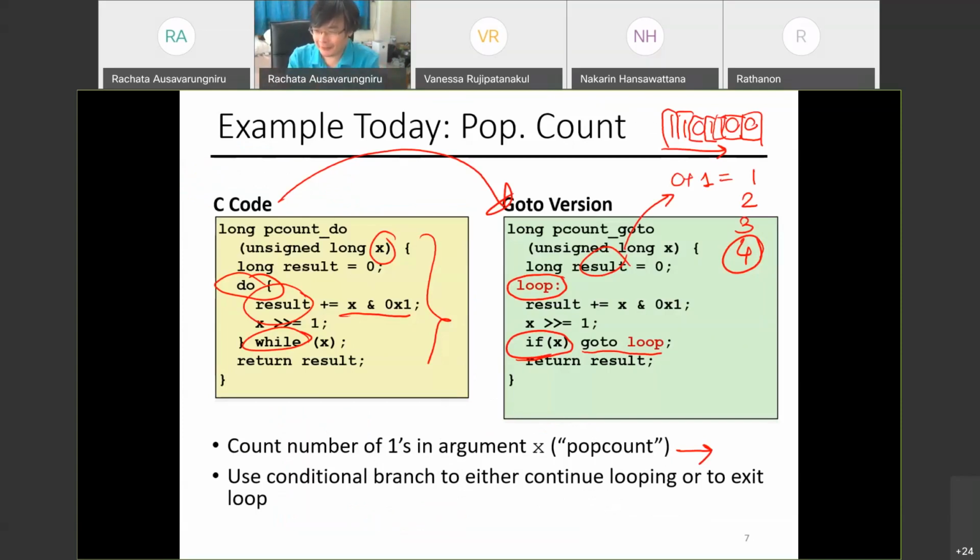So you got the yellow side, right? Okay. Then let's convert the yellow thing to the green thing. It's exactly the same program. Instead of do while, we would use go to. How does go to work? Go to basically tell,